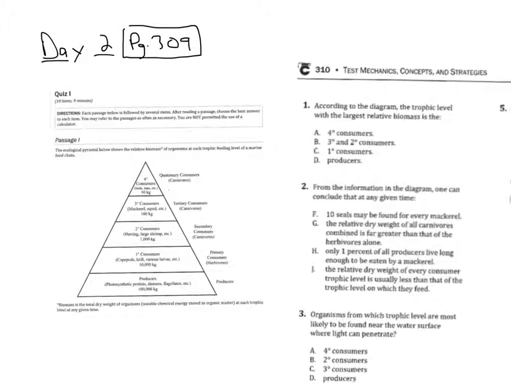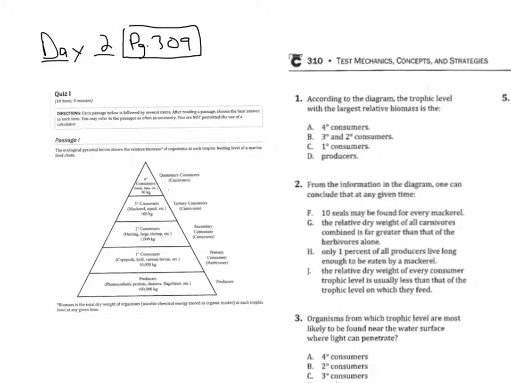So question 1 says, according to the diagram, the trophic level at which the largest relative biomass is the... So the key words here, I'm seeing 2 things: largest relative biomass and trophic level. So I'm going to try to find these over here on our graph. So if I read this here, it says, the ecological pyramid shows the relative biomass of organisms at each trophic feeding